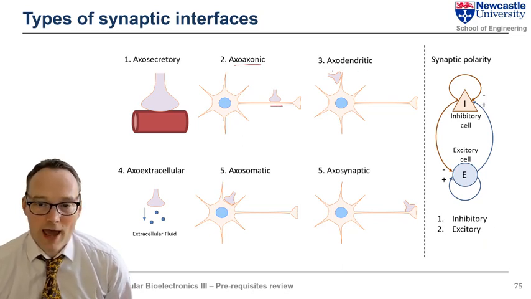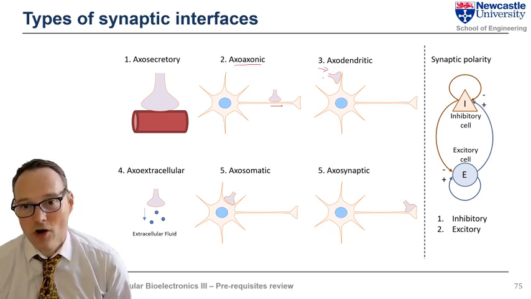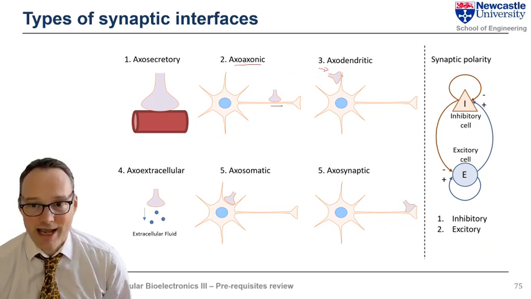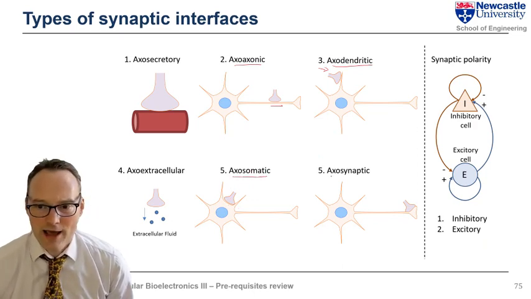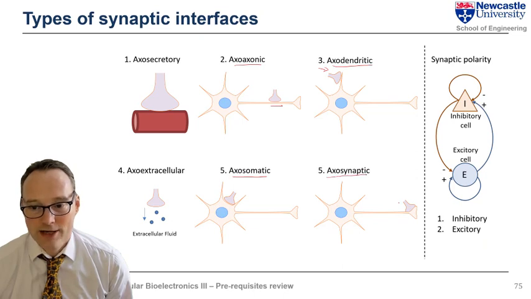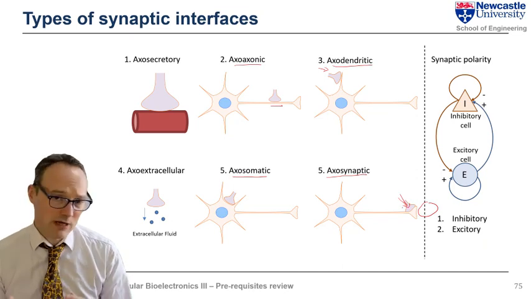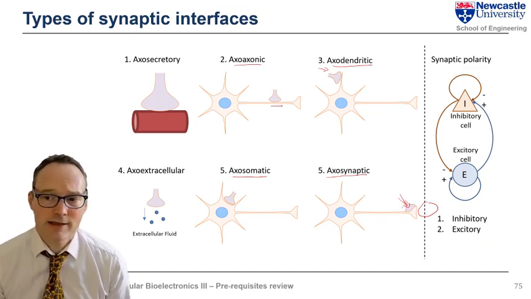You can go from an axon in one cell to a dendrite in another cell, so axodendritic. You can connect directly to the soma, so this is axosomatic, and of course you can actually connect to another cell's synapse. So if there's another cell here, you can connect to the synapse and perhaps prevent or enhance that